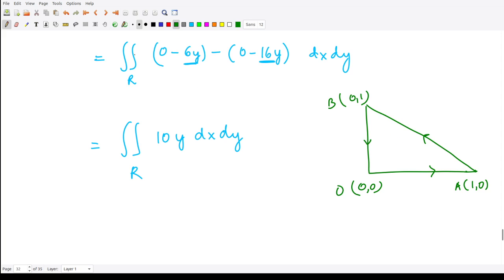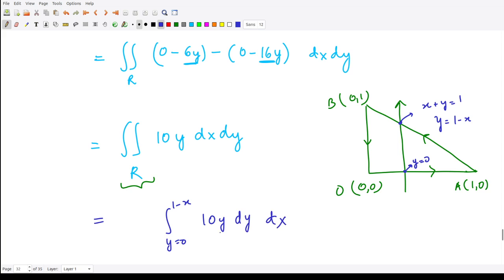Now in this region, you wanted to calculate what are the limits of x and y. It is up to you whether you wanted to take the limits of y first or x first. So let's draw a vertical line here. At here you will see at which point it enters this region and at which point it leaves this region. Here the value of y is equal to 0, and this was the equation of line x plus y is equal to 1. So from here you can calculate the value of y as 1 minus x. So the limits for y vary from 0 to 1 minus x of 10y dy, and for x the limits would be from here to here. X here varies from the point 0 to the point 1.